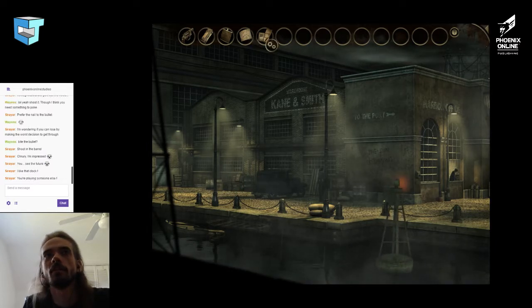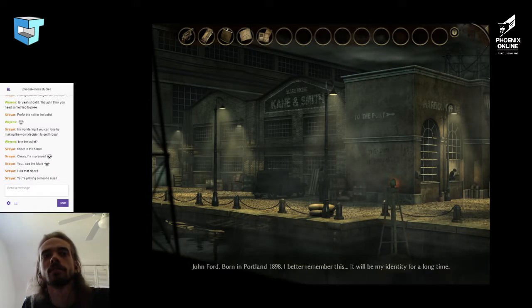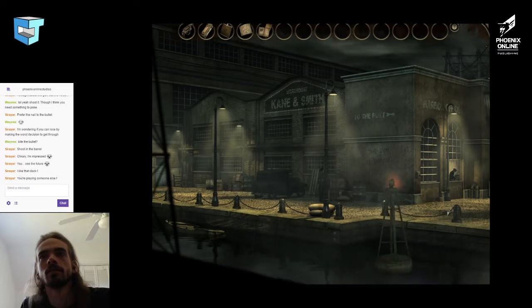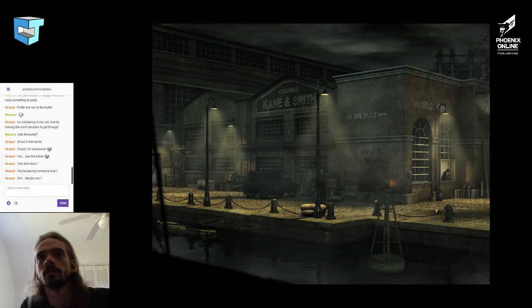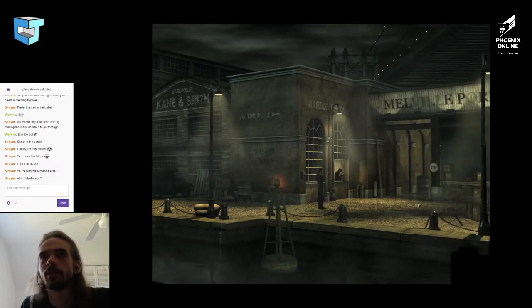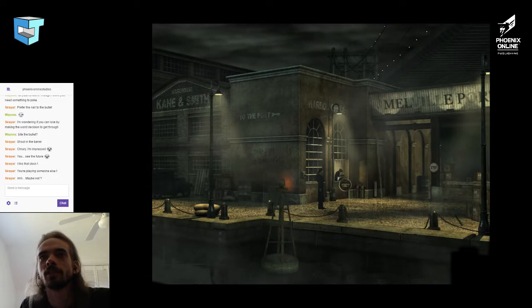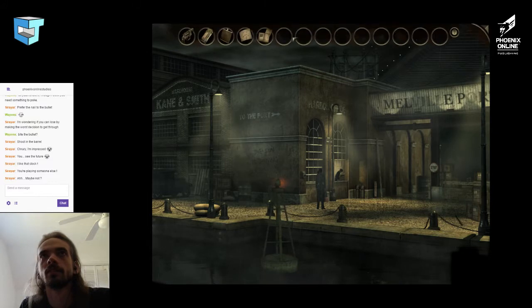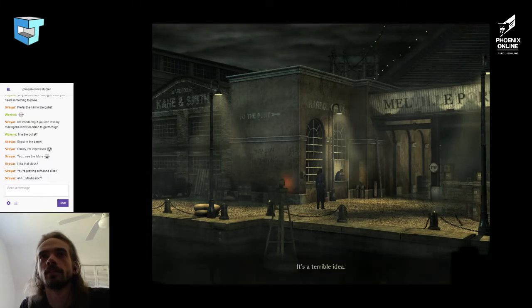We are in the past. John Ford. Born in Portland, 1898. I'd better remember this. It will be my identity for a long time. No, I am playing someone else. This is before he died. The Harbor Master's office. It's a terrible...